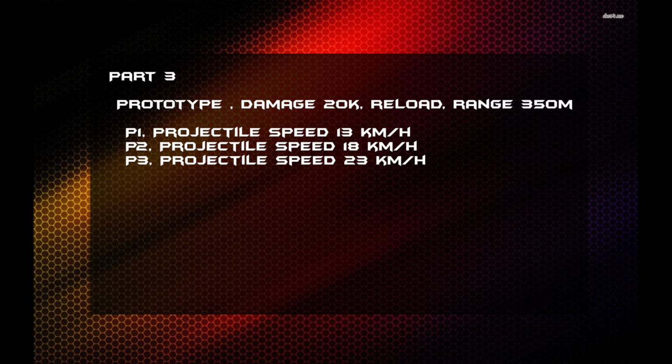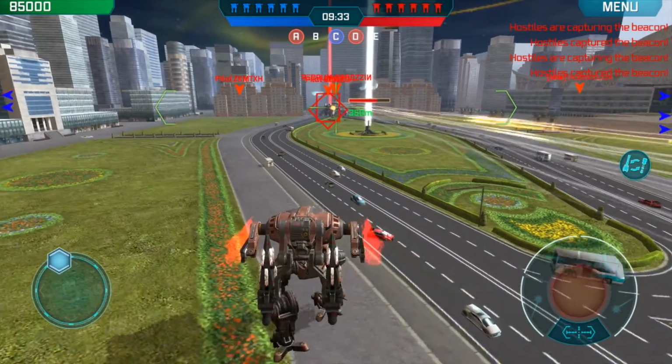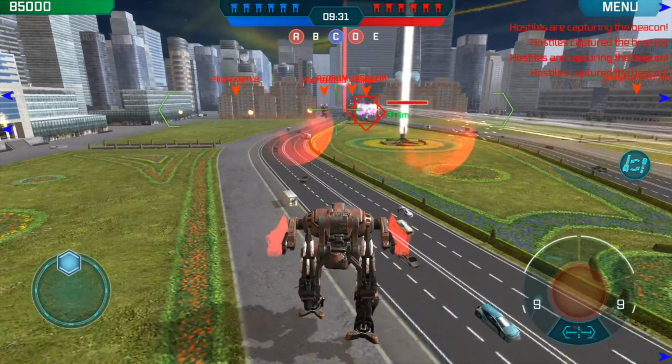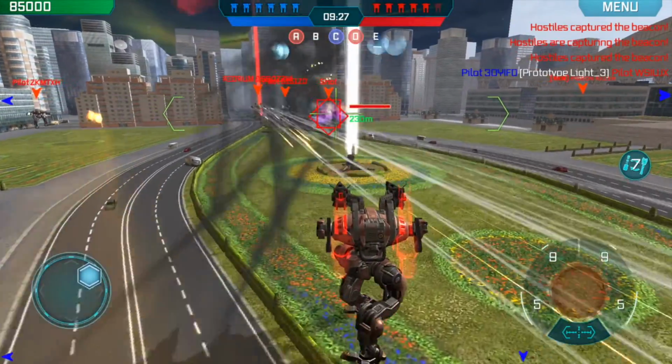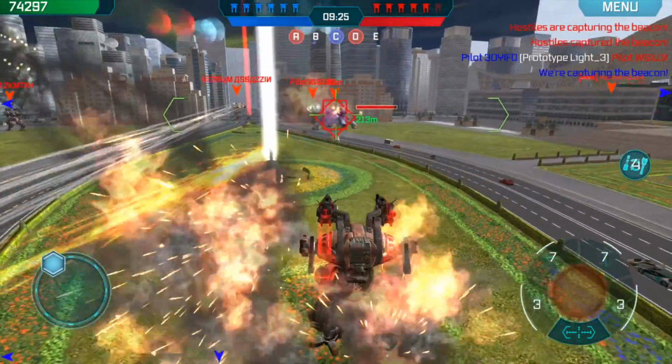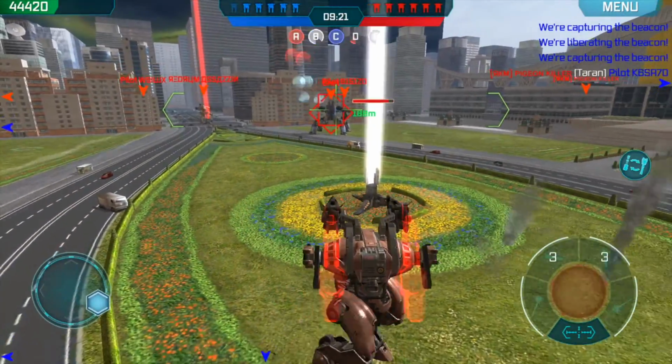So then the last part of the test server, and this I found to be the most disappointing part, was the new prototype weapon. It looked like a Magnum, and there were 3 types. Each one had a different projectile speed: 13, 18, and 23. And you'll see, these little Magnum things shoot these floating bubbles. And they don't do a huge amount of damage,